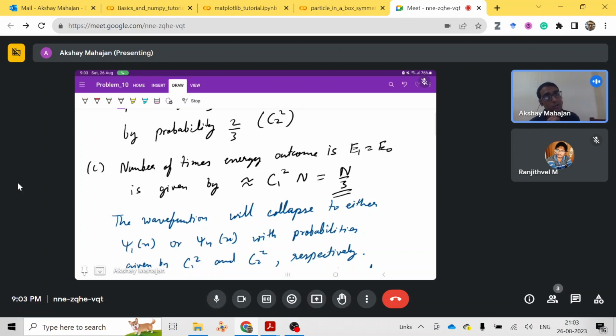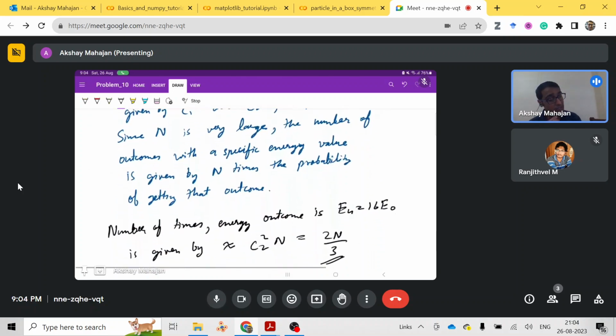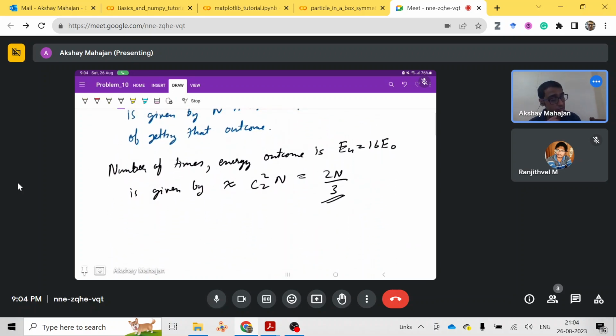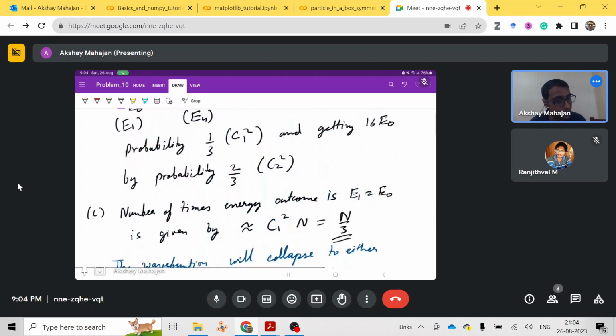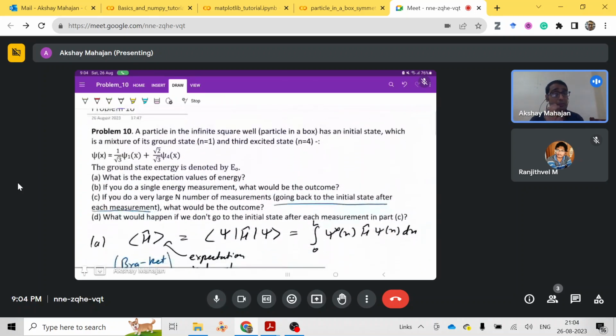After each measurement you will go back to your initial state, which is a mixture with those C1 and C2. So if we do an experiment like this, we measure and go back to the initial state again and again, then n by 3 times we are going to measure the value E naught, and 2n by 3 times we are going to measure the value 16 E naught. So that's the difference between doing a single measurement and doing a very large, or you can say infinite, number of measurements. But the main part is that you have to go back to the initial state